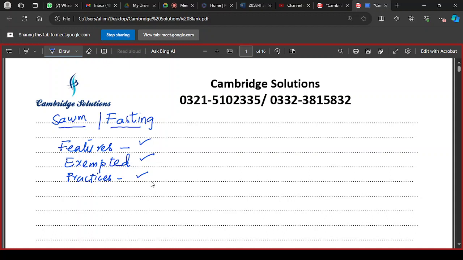So एक क्वेश्चन तो ये हो गया कि what are the particular features of Ramzan fast, and the second question